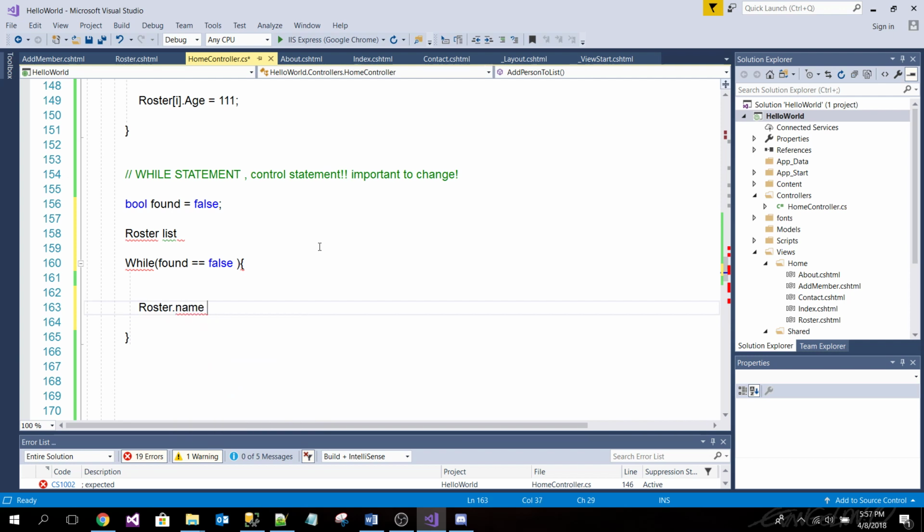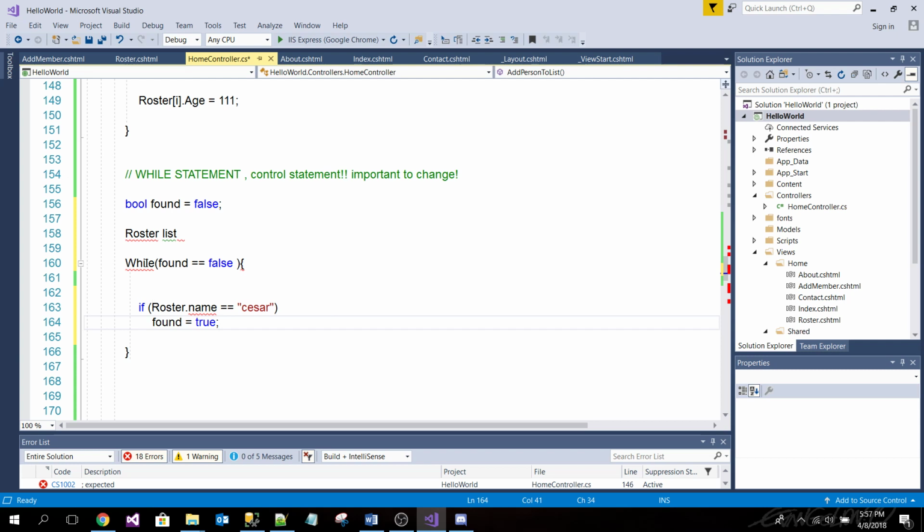Okay, so if roster dot name, this is just quick and dirty, equals Caesar, then found equals true. All right.